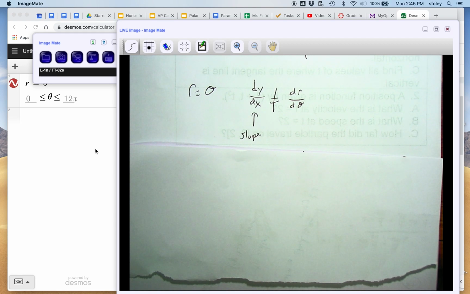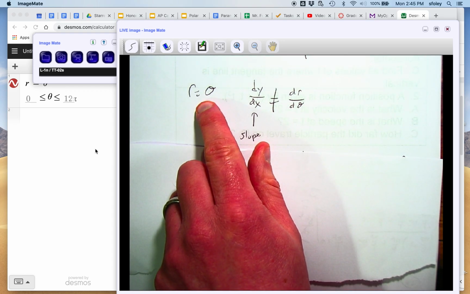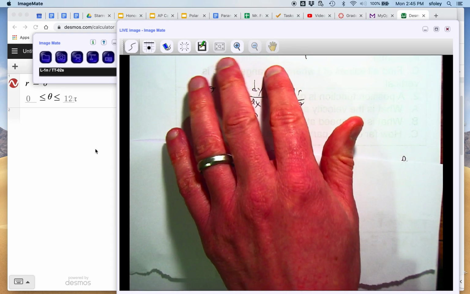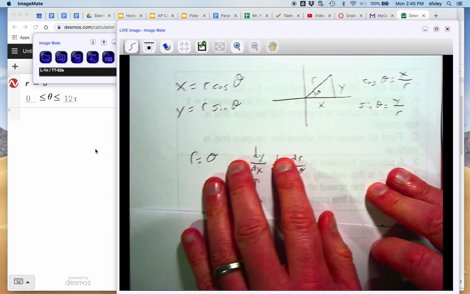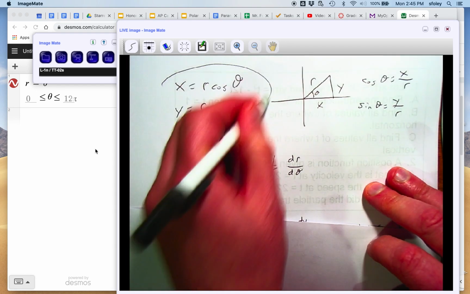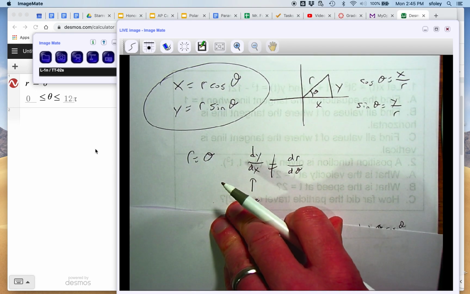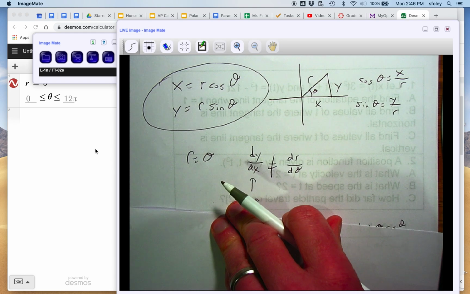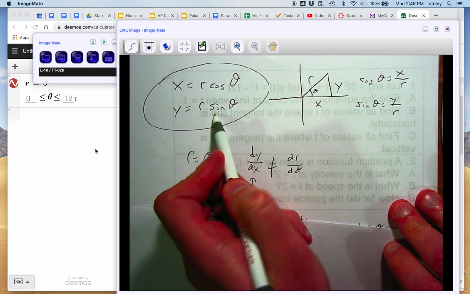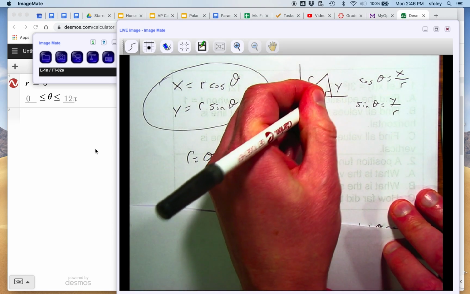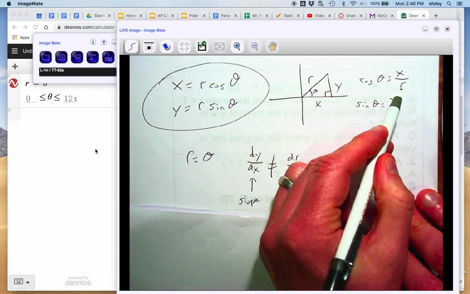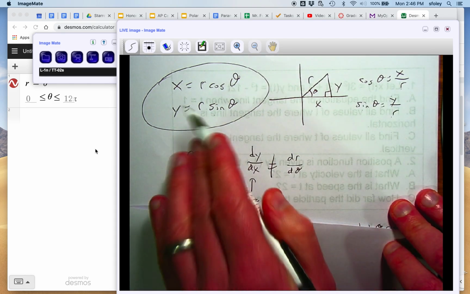And so how are we going to find dy dx? Well, we basically need to take this polar function and turn it into something that has y and x. This goes back to something from the other day where we're converting polar to rectangular coordinates. These two equations will be the keys to finding the derivative. x is always equal to r cosine theta, y is always equal to r sine theta. If you want to know where that comes from, it basically comes from SOHCAHTOA once again. You've got your little right triangle picture. Cosine is adjacent over hypotenuse, sine is opposite over hypotenuse, and when you solve for x and y,